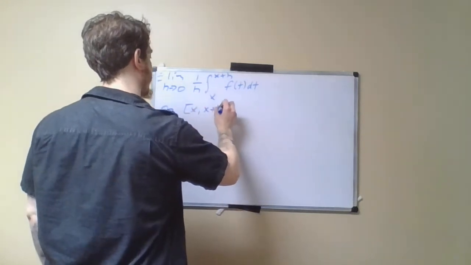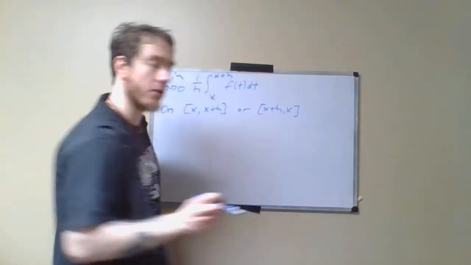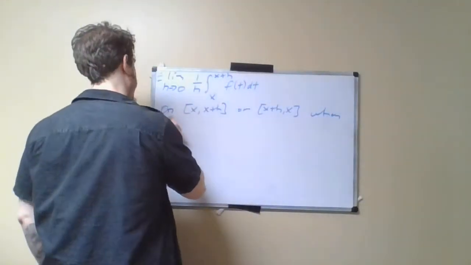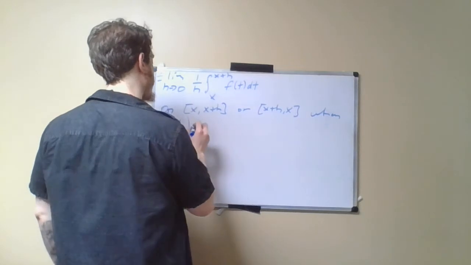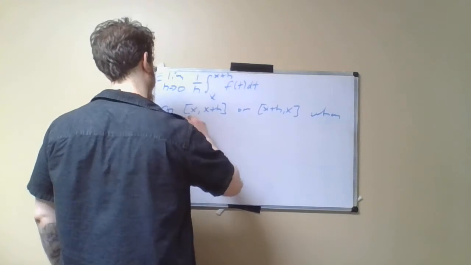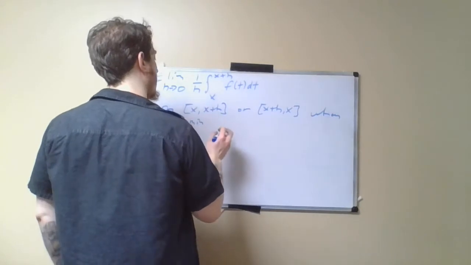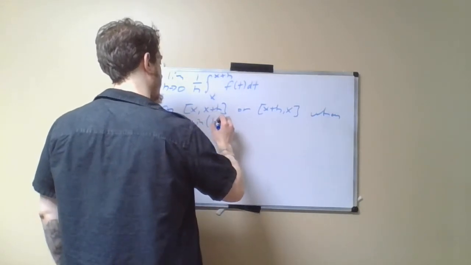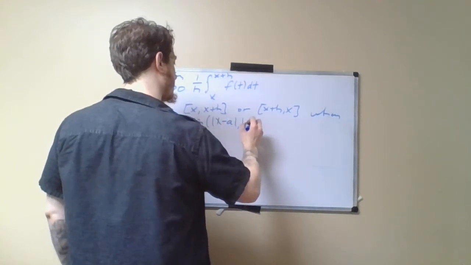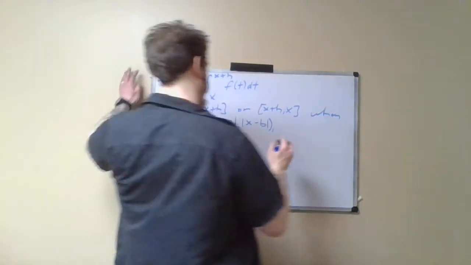On x up to x plus h, or x plus h to x, depending upon whether h is positive or negative, when the absolute value of h is less than the minimum of the absolute value of x minus a and the absolute value of x minus b,